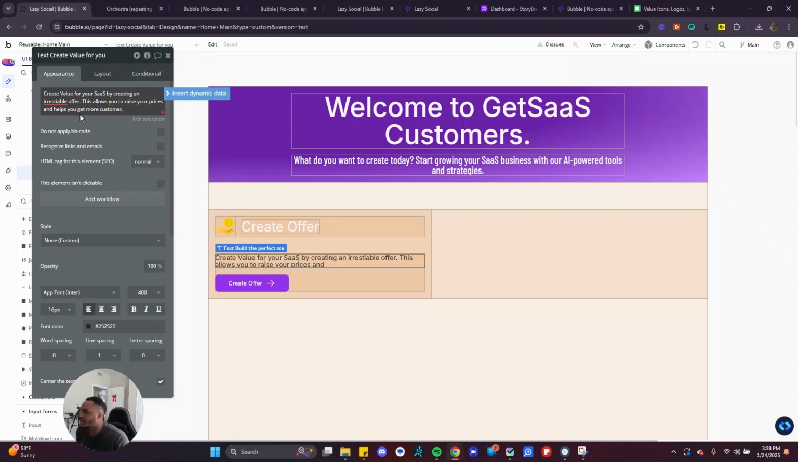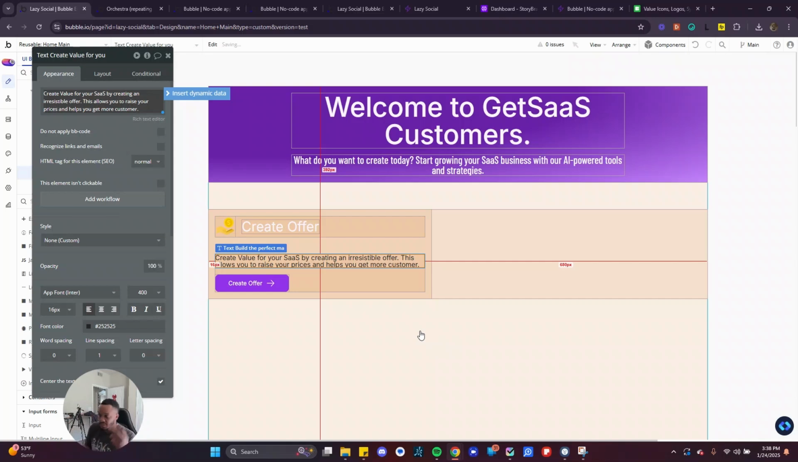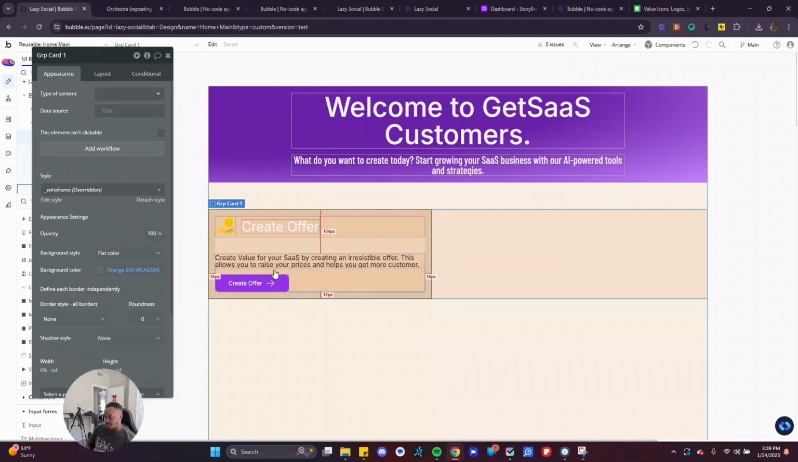I didn't want to put that in there because that's essentially what this portion is. I kind of want to just think it through, but I actually have it in there. So anyway, create offer, create value for your SaaS. So this is what this is. We want to